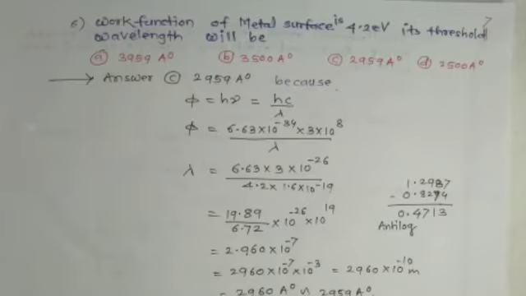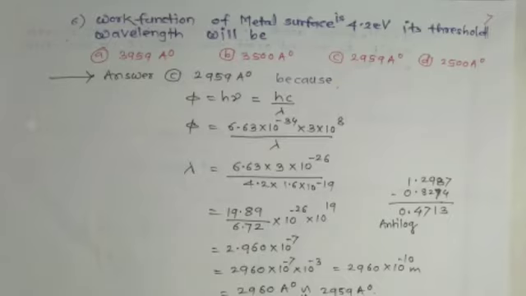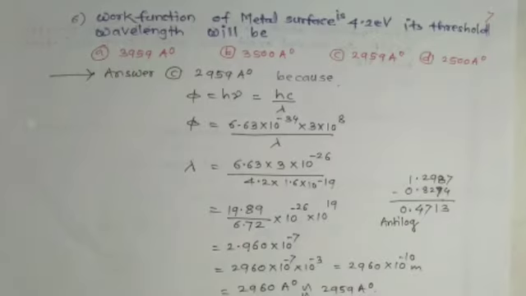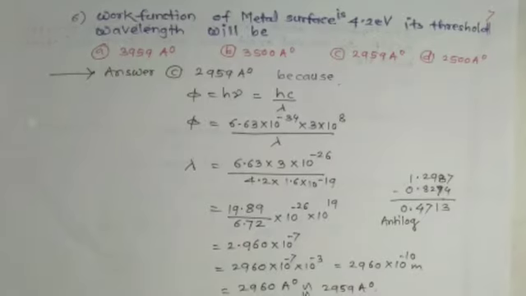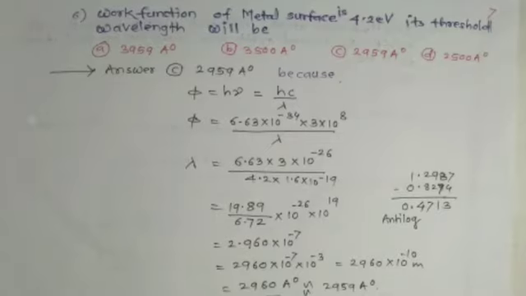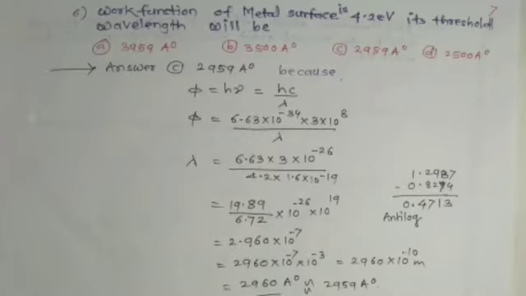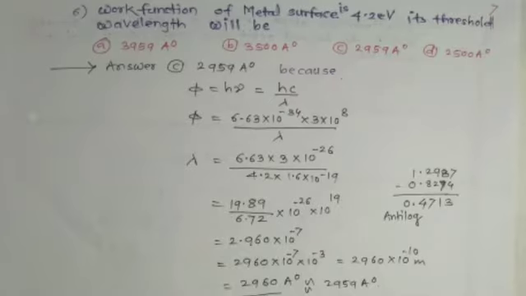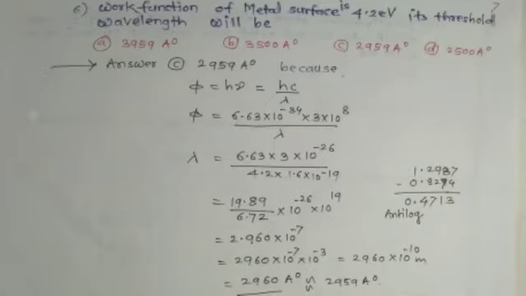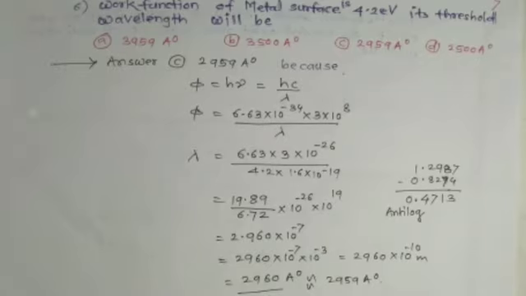Question 6. Work function of metal surface is 4.2 electron volt. Its threshold wavelength will be: option A, 3959 angstrom unit; option B, 3500 angstrom unit; option C, 2959 angstrom unit; and option D, 2500 angstrom unit. This question is numerical based, so the answer will be option C, 2959 angstrom unit,